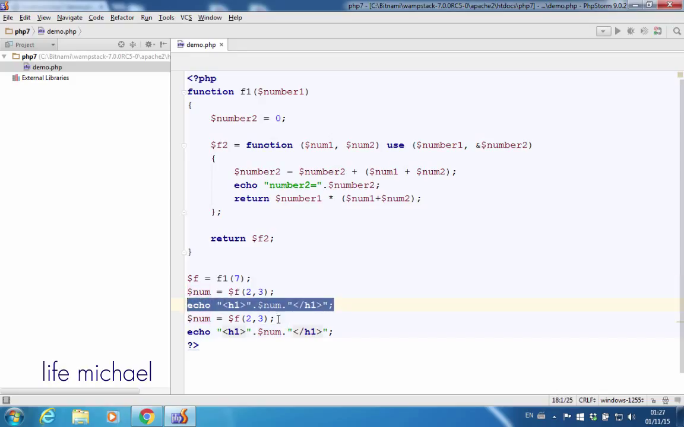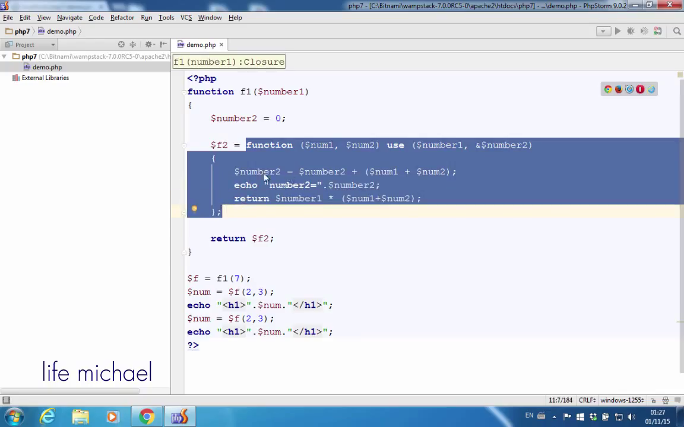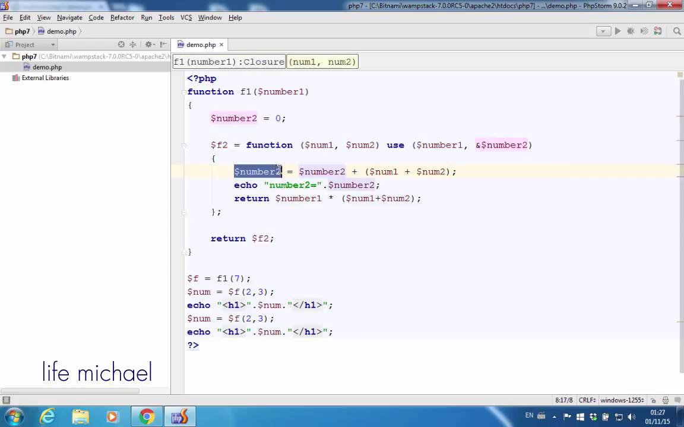Now over here I do the same one more time. I invoke this inner function passing over 2 and 3, and now $2 is assigned with a 5, the new value that was assigned before, plus 2 and 3, which is 5, and that means we can expect 10 to be printed out to the screen,